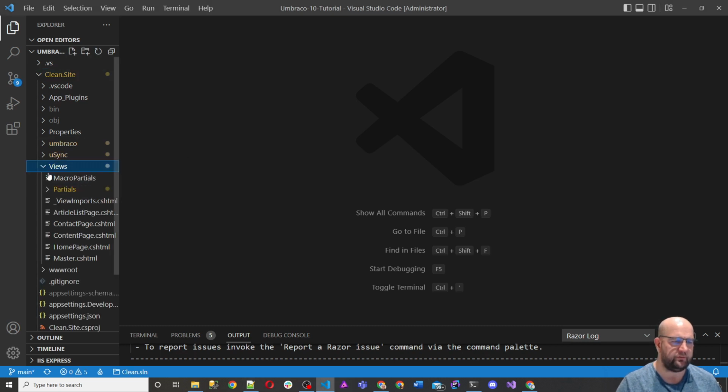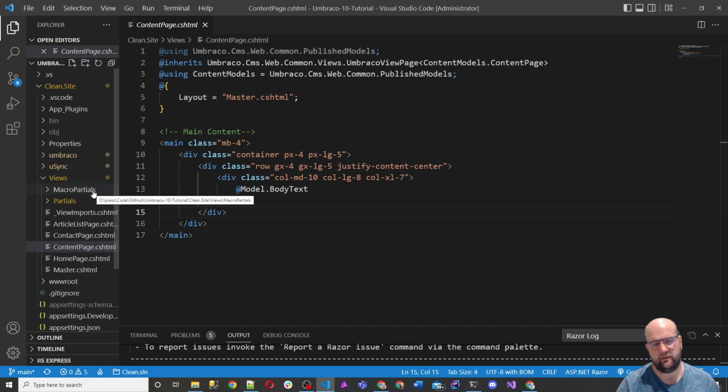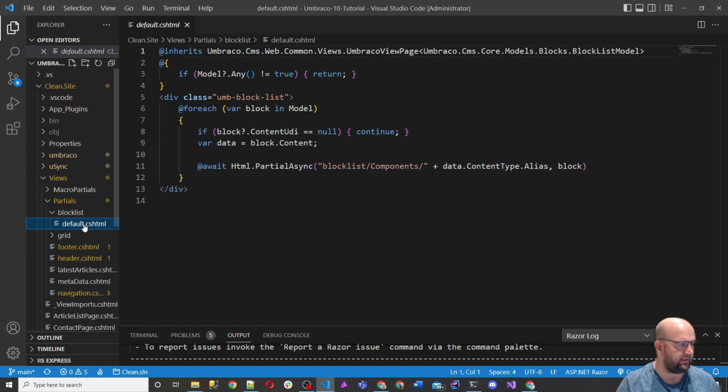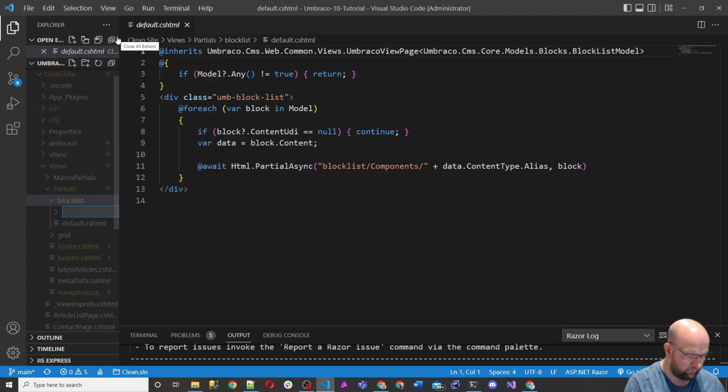We'll go to the views and we'll look on the content page. And it's trying to render out the body text. Well, we emptied out the body text value. So actually what we want to do is we want to render out what's in the block list instead. So in order to do that, we need to create ourselves some block list components. And where we do that is in the partials, block list, and then at the moment we've got default, but we would create another folder under this called components,